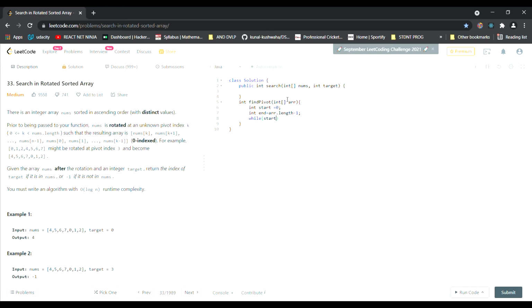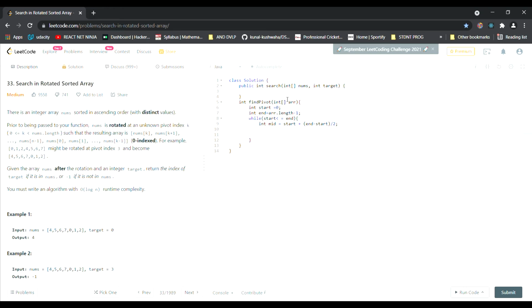See, I'm just applying simple logic. I'm just converting my logic into the code. I'm not doing anything fancy over here. For every iteration, the middle will be start plus end minus start by 2, and this is basic binary search. Okay, if you are not getting what I'm doing, then I suggest you look at the basic binary search algorithm and then come back, because binary search is required for this topic.